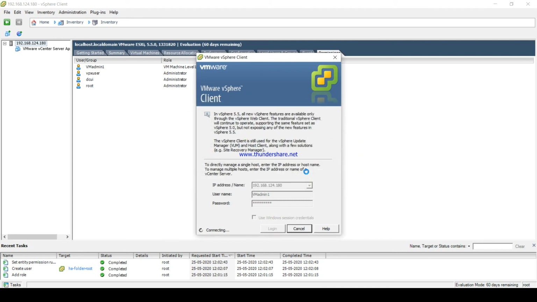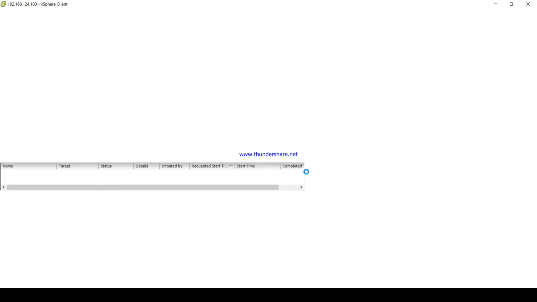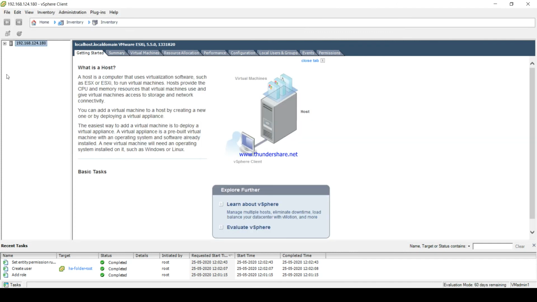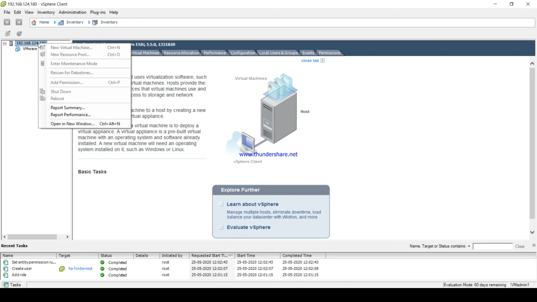Ignore. So we have created a user, and using those credentials we are logging in into the ESXi server, and now we will see whether the roles which we have applied are followed or not. If I open that particular machine now and right click, you can see all the buttons are deactivated. No button is active here. Why? Because the role does not allow you to do anything other than turning on or turning off a machine.